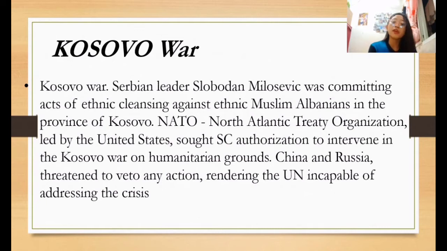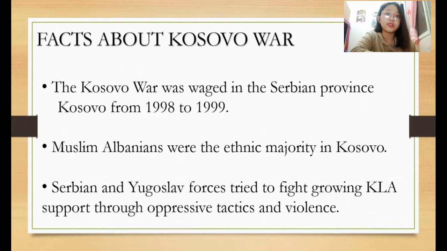So the Kosovo War caused the Borgen Project to be launched. The Borgen Project is a humanitarian organization and they help thousands of people. And the one who intervened in the war is NATO, or North Atlantic Treaty Organization, or Atlantic Alliance. NATO is a military political organization which aims to ensure its members' security and guarantee their freedom using military and political means. NATO has a total of 30 members, which includes 2 from North America and 28 from Europe. Next are the facts about the Kosovo War.